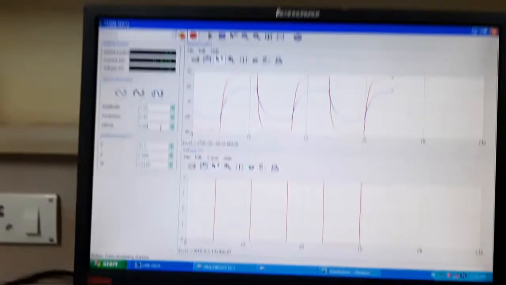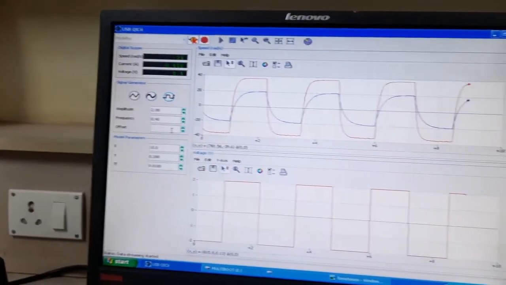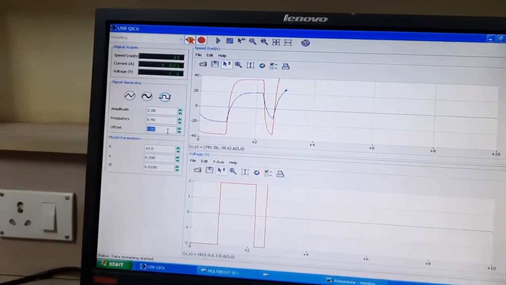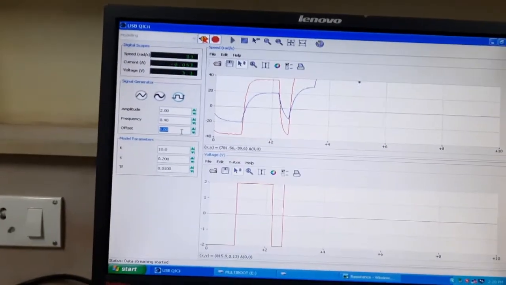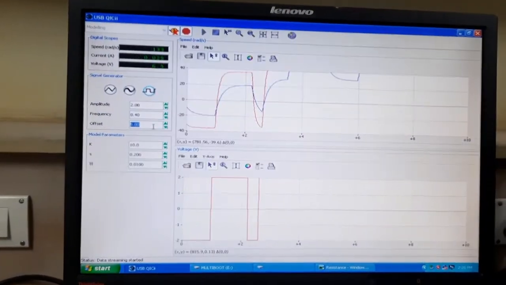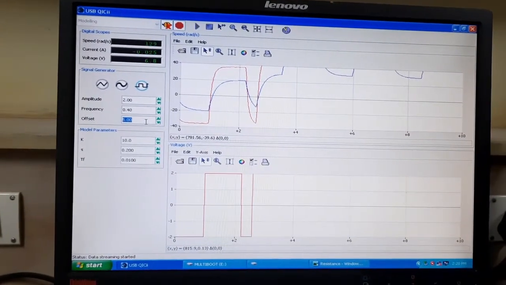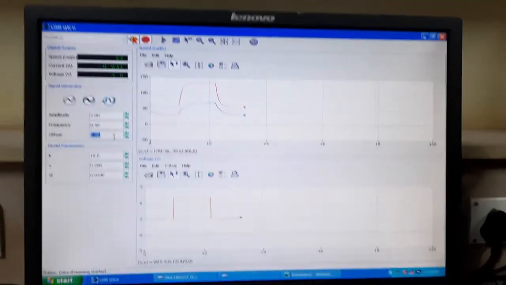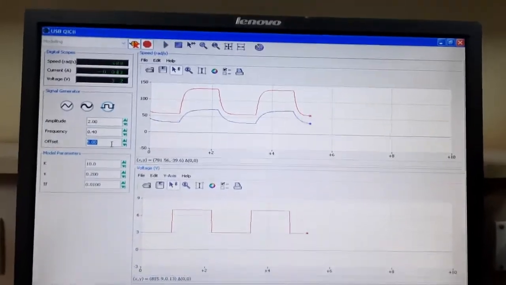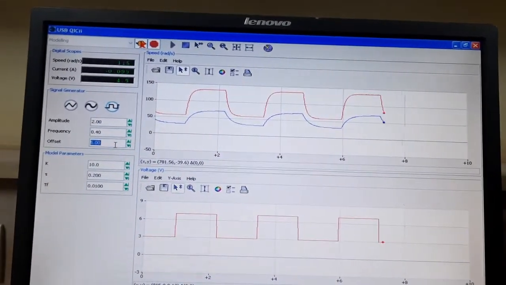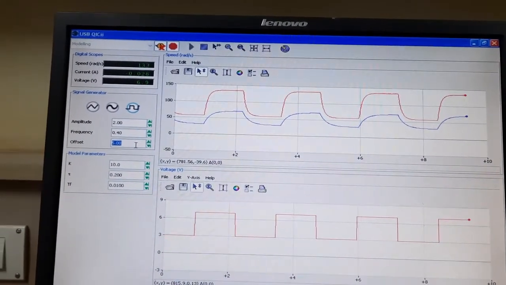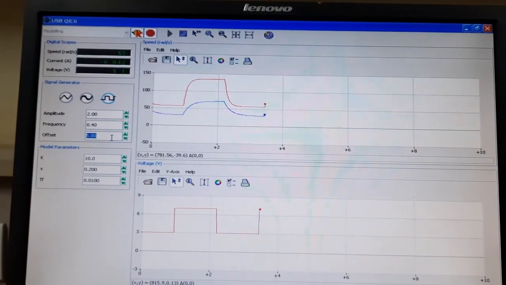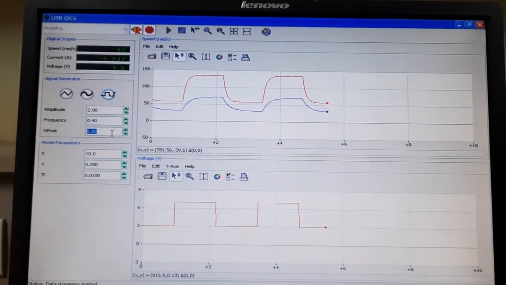Suppose I am giving an offset of 5. We can see our response is on the positive side only, because our offset value is positive.